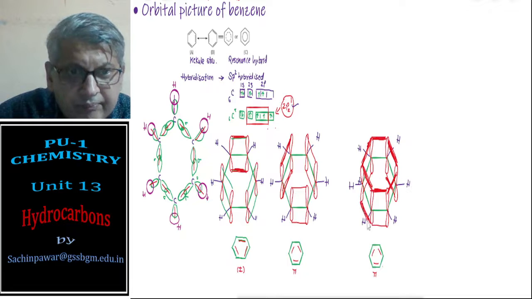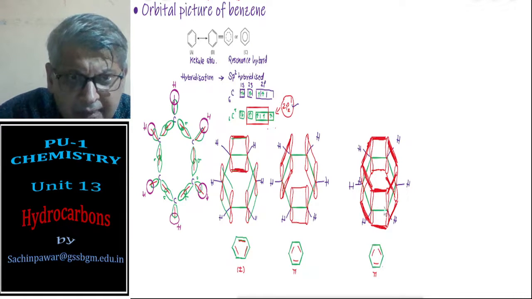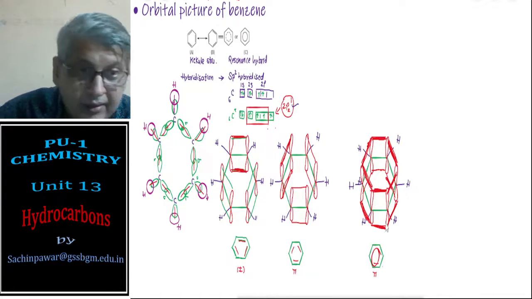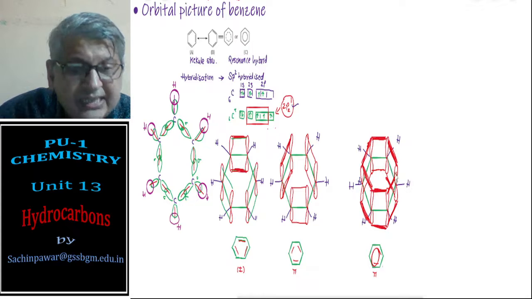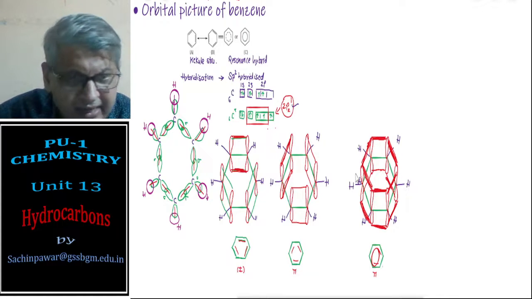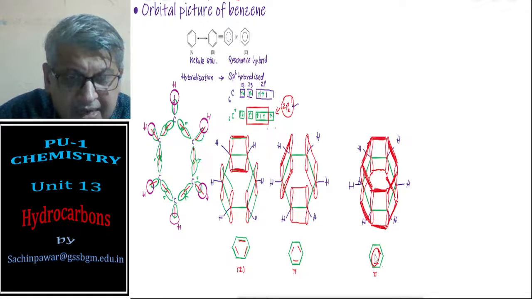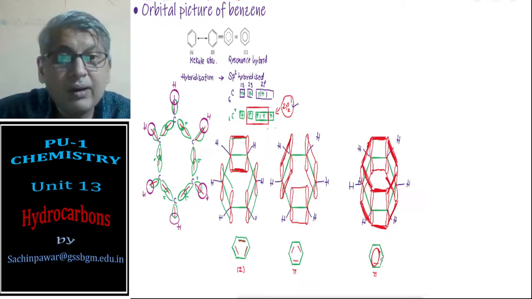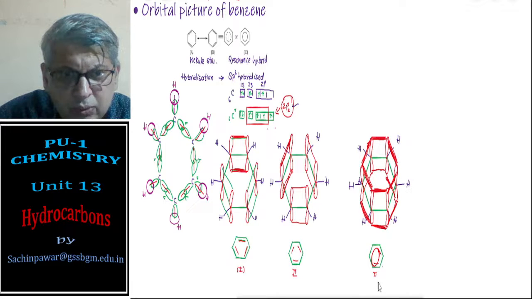I am getting a 3D structure where the pi electrons are above and below the green colored benzene ring, and this is a ring current, because all the pi electrons have overlapped, and that is why we can write a circle. Circle indicates that all the pi electrons have overlapped, and this is a hybrid structure. This is structure number 2, and this is the hybrid structure of benzene.